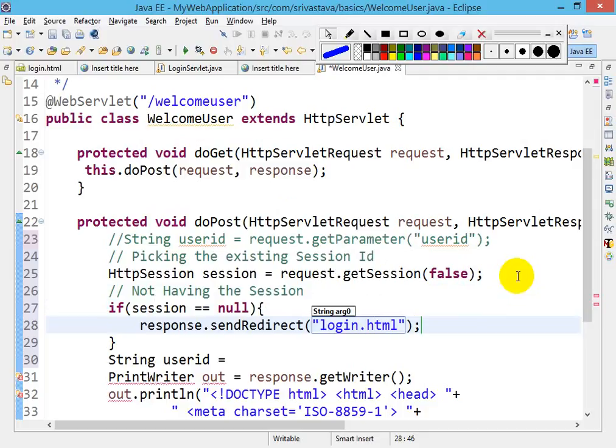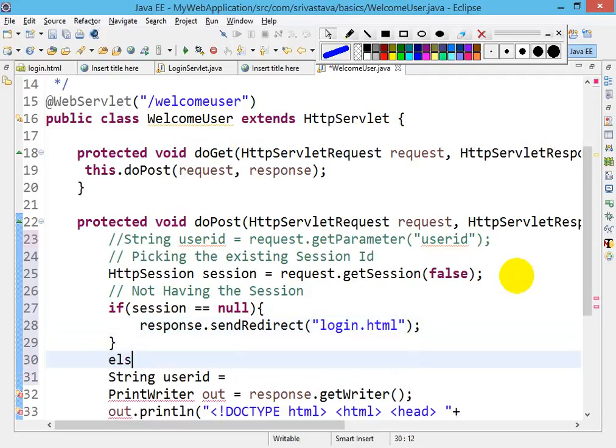It is like if you do not have a user ID and password for Gmail and you try to access the inbox page directly. Gmail says first log in, then access the inbox, right? So else, if this is not null, it means